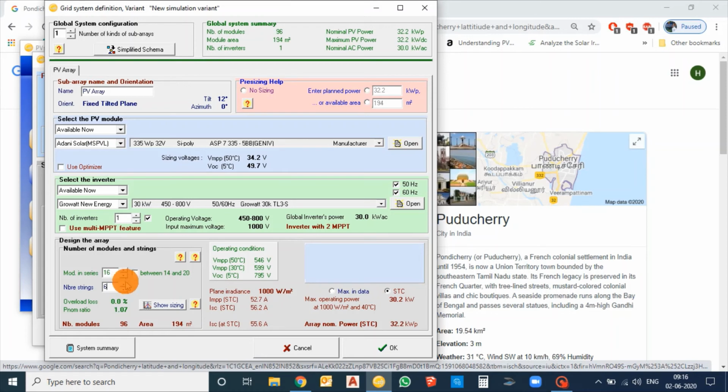In case you need to overload, you can overload to a certain percent, maximum of 30%. I'm overloading by 25%. In this Pnom ratio, you can see 1.25. It is the DC to AC overloading percent. The losses you're getting due to overloading is 0, so it is okay to proceed.